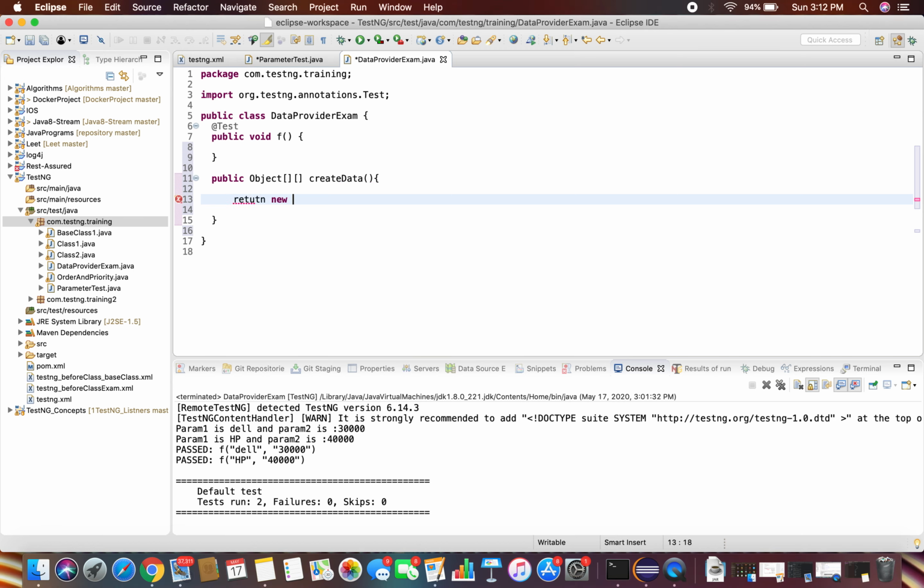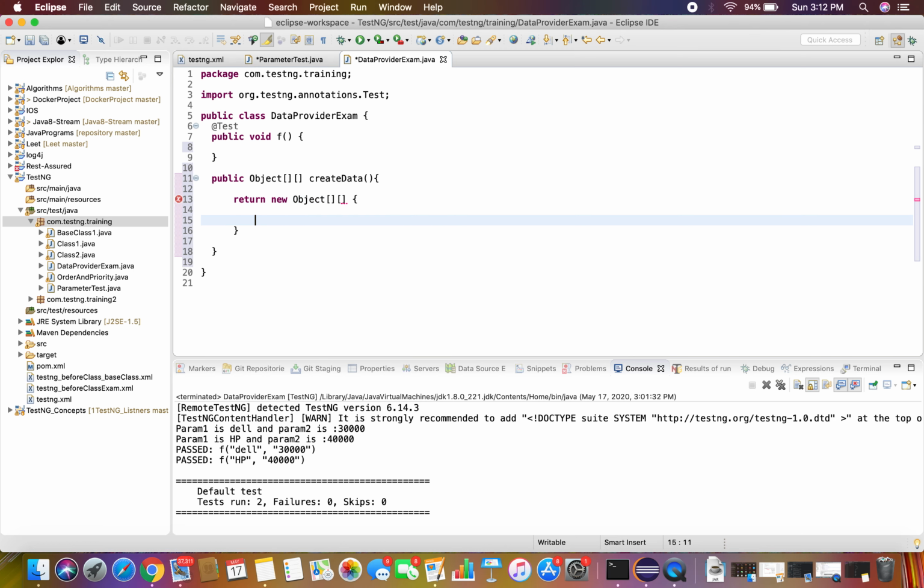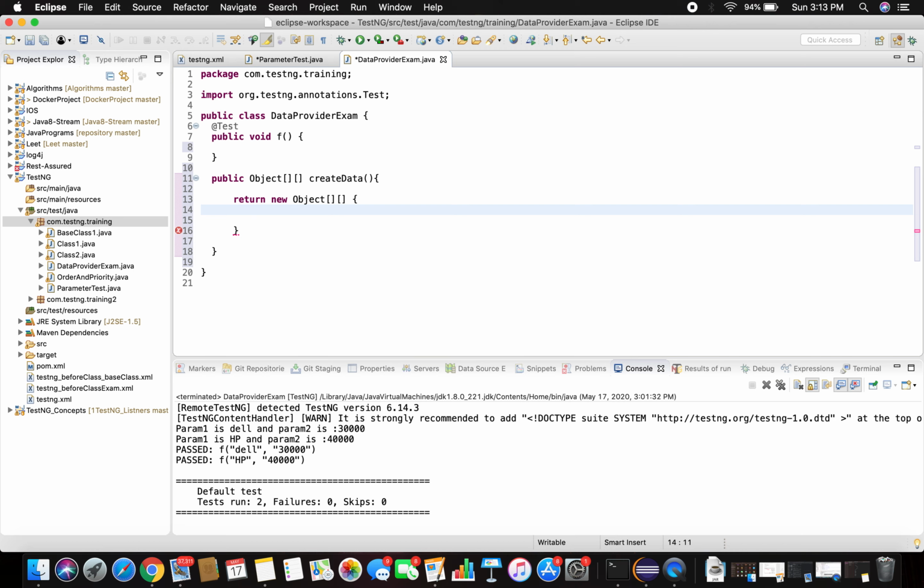Return new Object. This is our return type. In this, it is two-dimensional. Let me take any product, let's say a Dell.